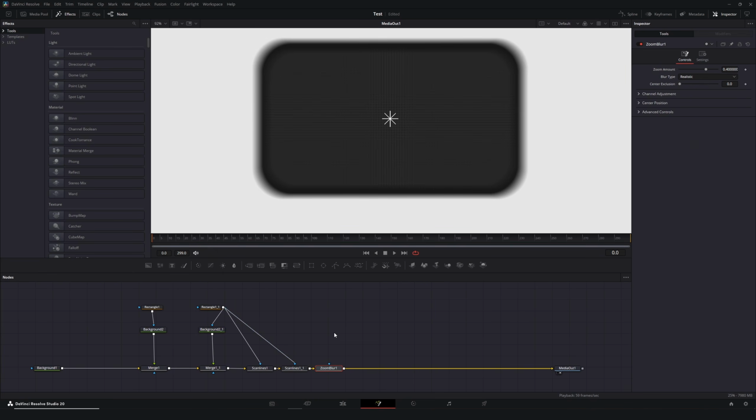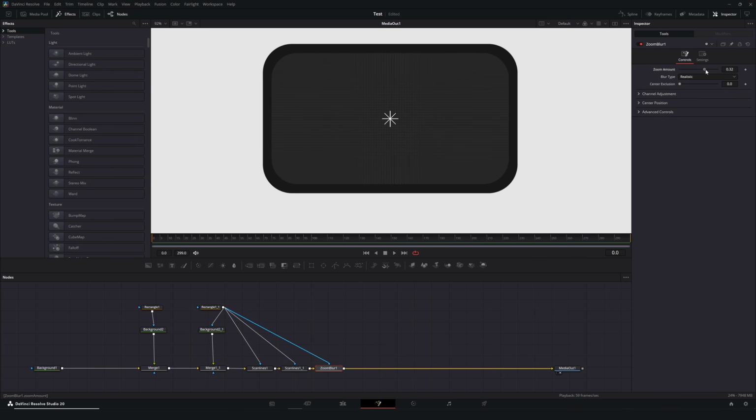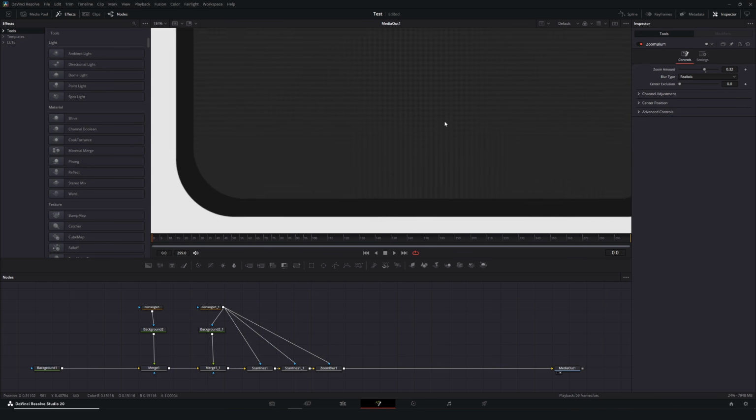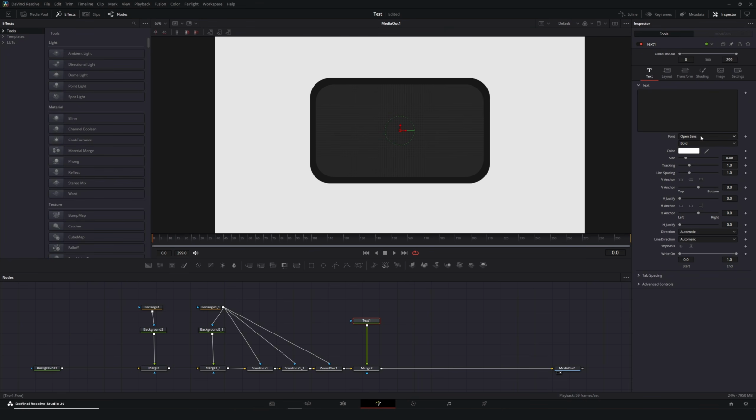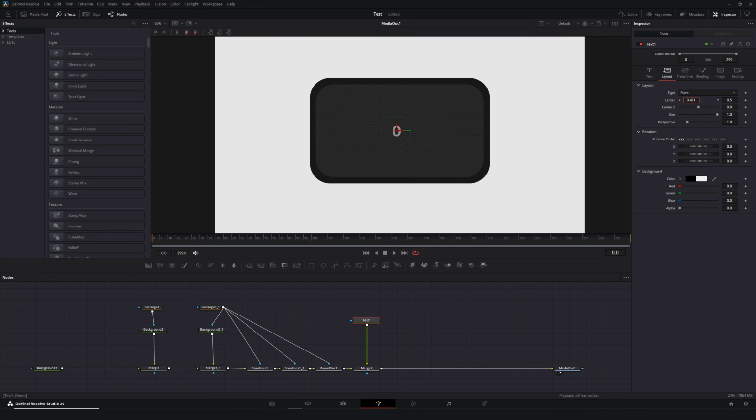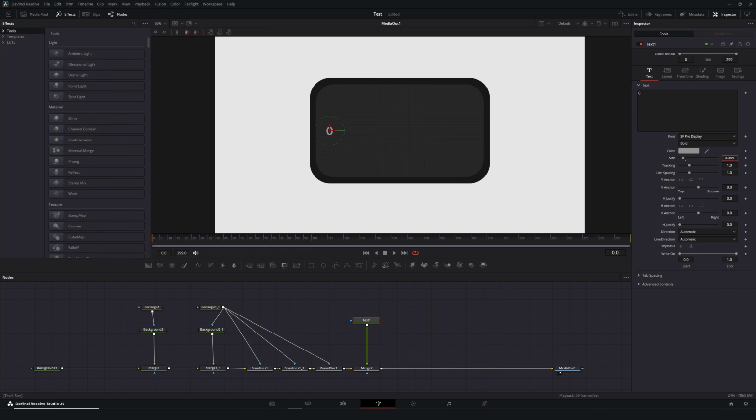You can also add a zoom blur node and connect it like the last two nodes and reduce the zoom amount so we can get a nice blur to the edges. Next, add a text node and adjust the text properties to your liking. Then type 0 for now, and in the layout from the center bring it to the left side and resize